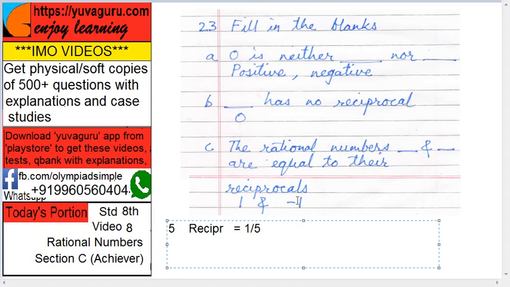1 upon minus 1 is what? Again minus 1. This 1 upon minus 1, you can bring this minus sign over here also. It becomes minus 1 only. Means minus from the denominator can come to the numerator, and then the